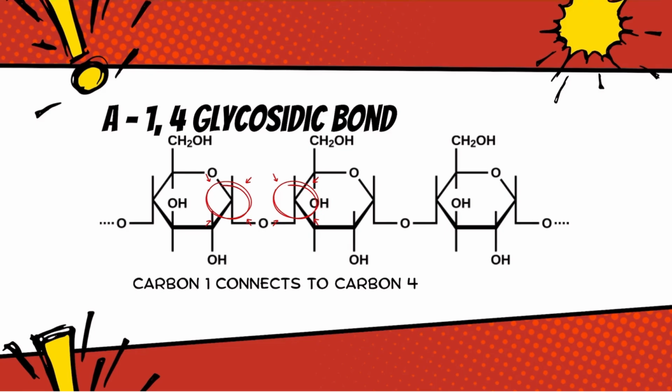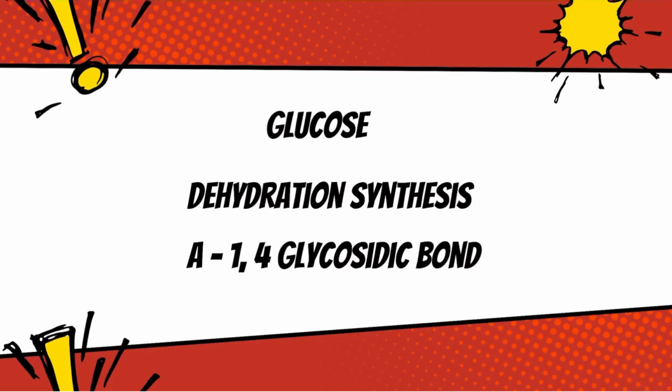And it is called glycosidic because we are talking about glucose, which is sugars. That's why it's glycosidic. So this is the entire reason why it is called the 1 and 4 glycosidic bond. And because of this bond, this is what gives amylose its unique helical structure. Since the structure is linear, it's in a straight single line. Then, let's keep in mind, we have glucose, dehydration synthesis, and alpha 1 and 4 glycosidic bonds. These ideas are important to remember and to understand.